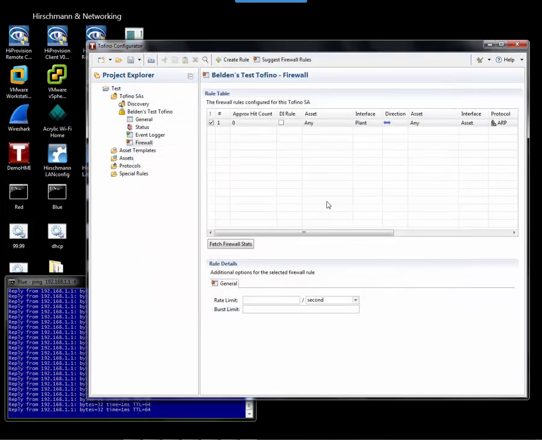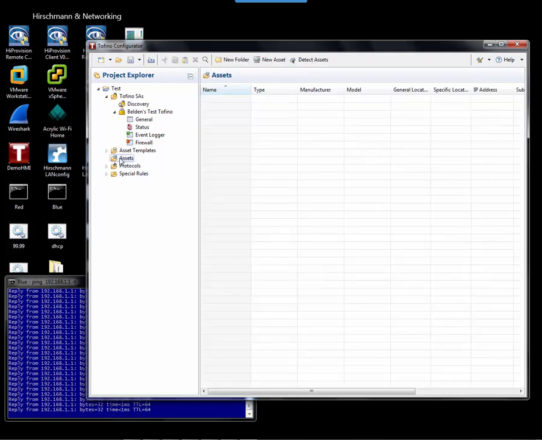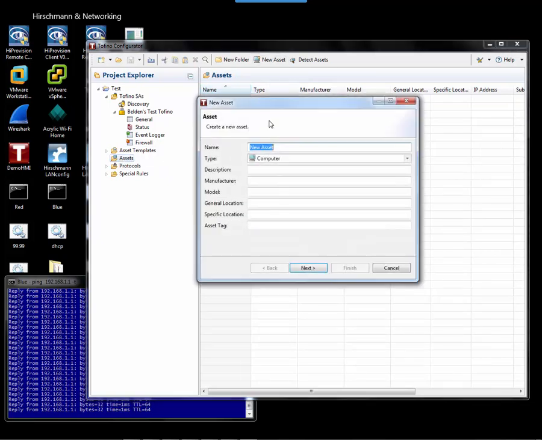Because IP addresses can change on the network, and especially if you have a lot of firewall rules, it is very difficult to then have to go through all of these firewall rules and redo all of the IP addresses that have changed over time. So it's significantly easier to go into assets, and you can then either create an asset